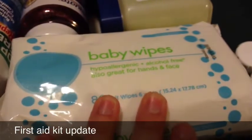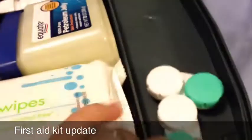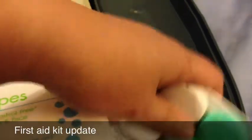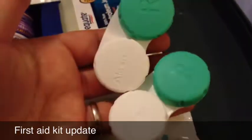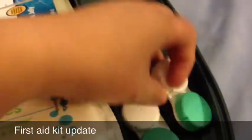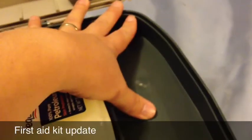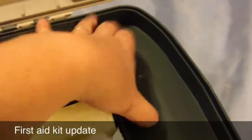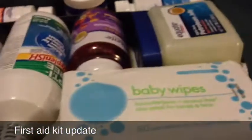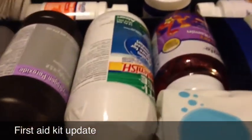Baby wipes for your hands, your face, or for cleaning yourself. And like I mentioned, my husband wears contact lenses. No, there's no saline in here or contact lenses. We just have his extra cases in here. And I plan to get at least one pair of his contact lenses in here, but we're about to get his eyes checked again and a new prescription, so there's no point in putting one in the first aid